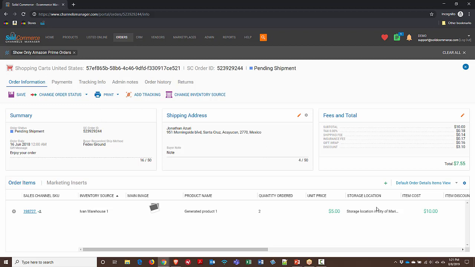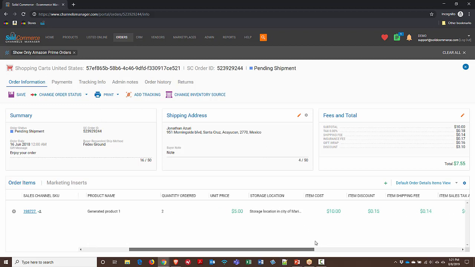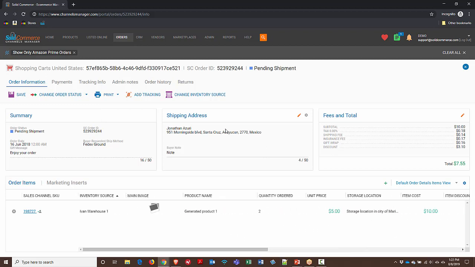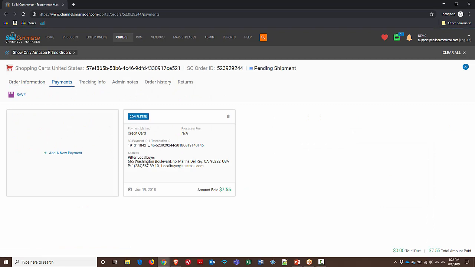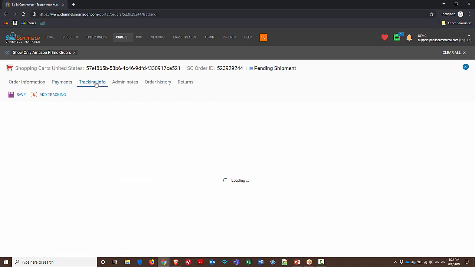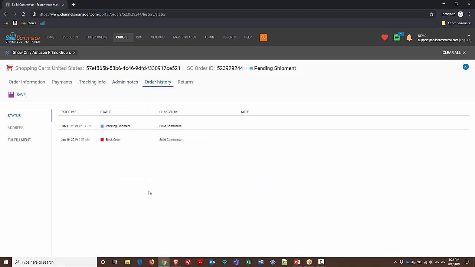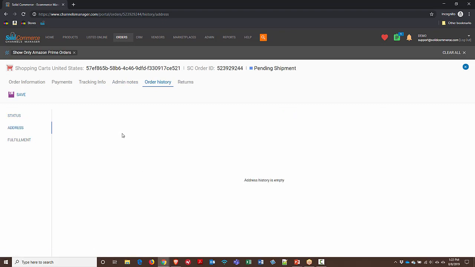You can see the order item here with some of the basic information about it. Fees, shipping address, you can edit that by clicking on that pencil. Any payment details, tracking information for shipped orders, admin notes would be any notes that you added. Order history is going to show status updates, and also if the address was changed, it will track those historical items. To get out of here, you can X out,